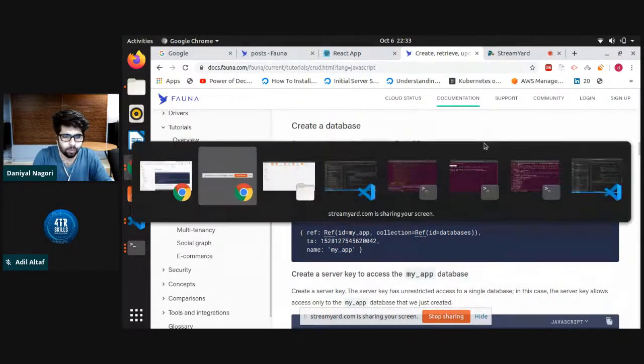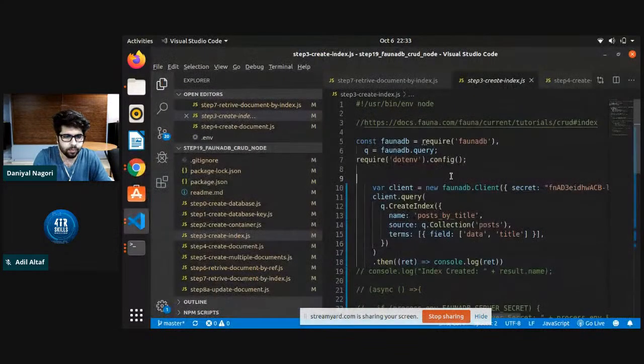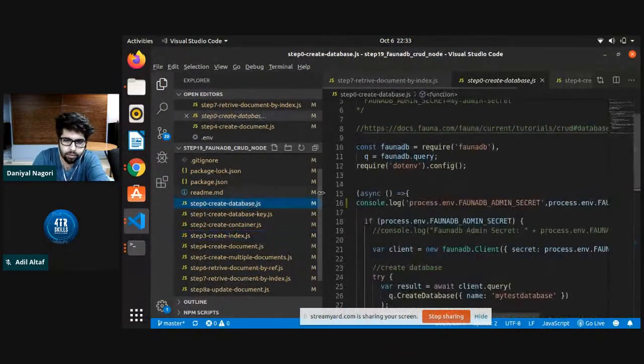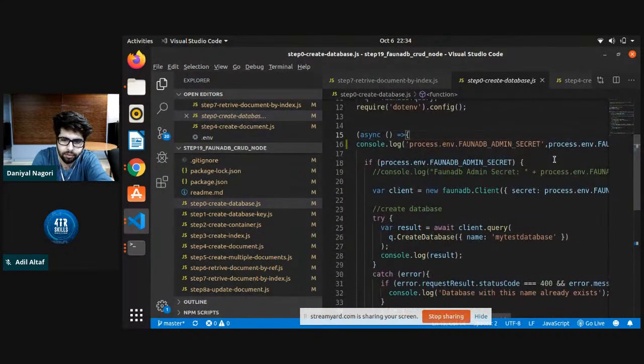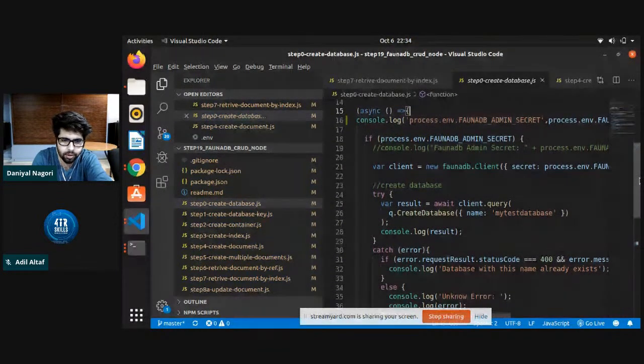Let me open my code first. Yes, Zeeshan was showing step 0, that is our create database step. This is our async function, as we have already learned that function. In this function, what we are going,